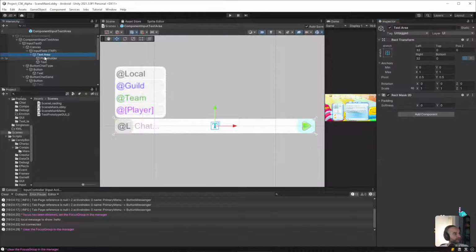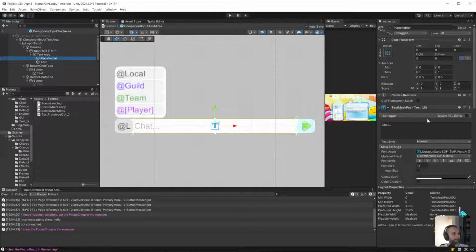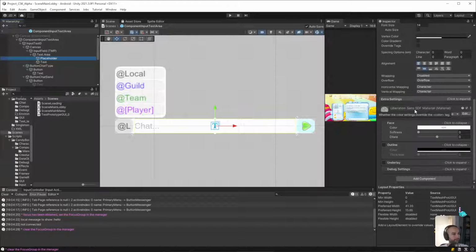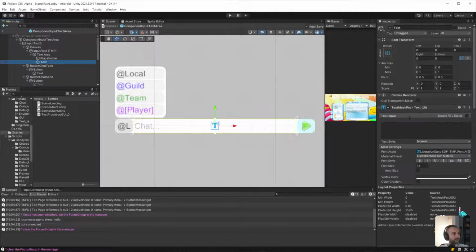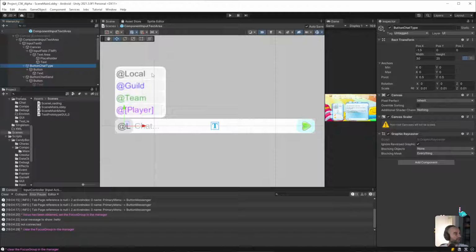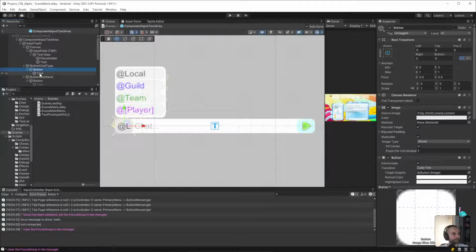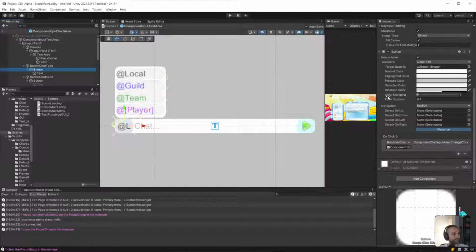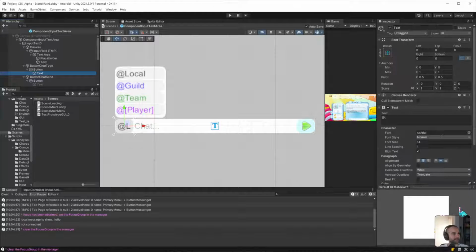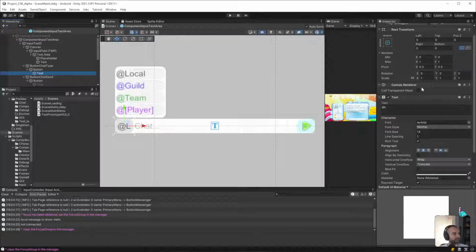Okay, so that looks fine so far. It's just a text field. Okay, button chat type. This looks pretty standard. I don't see anything that stands out here that I need to configure.